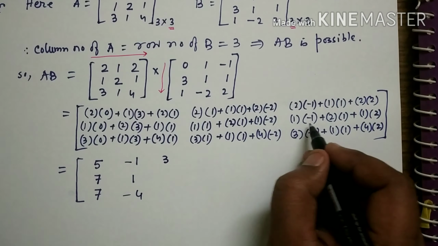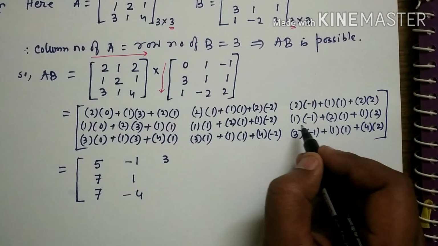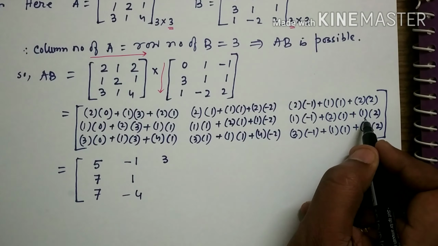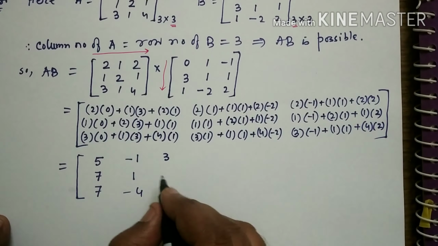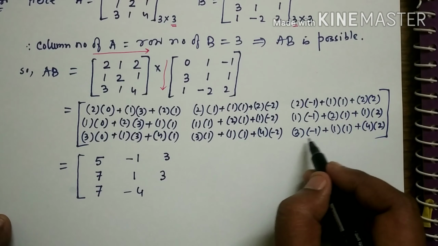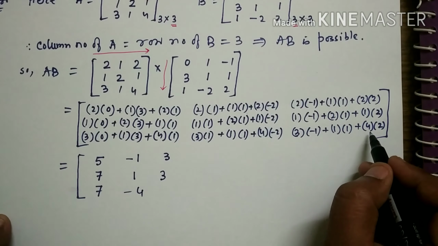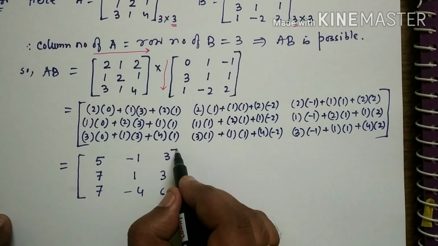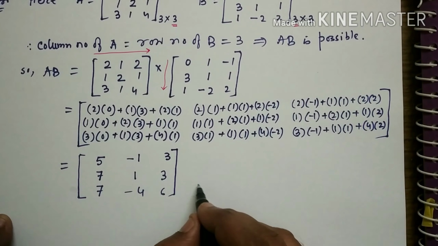Okay. Minus 1, from here 1 minus 1, minus 1. 2 into 1 is 2, minus 1 plus 2 means 1. 1 plus 2 into 1 is 2, that is 3. Okay. Minus 3, from here 1 minus 3, 1 minus 2, 8. Minus 2 plus 8, 6. Okay, so this is the calculation.